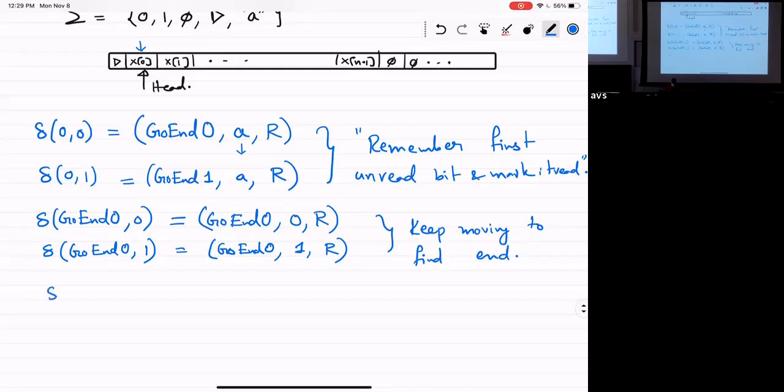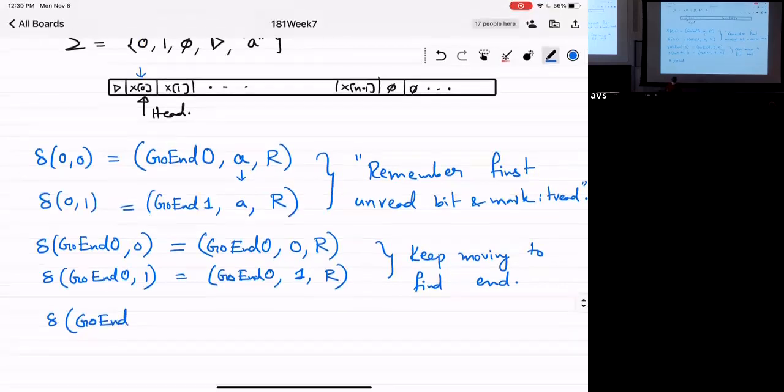And now if I see the end, how do I know if I see the end? You'll find the empty symbol, right? Basically, I'm here, I scan, and here I hit the empty symbol. And I have to do something. What should I do now once I see the end? Well, the next step changes, right? I need to focus on trying to match.